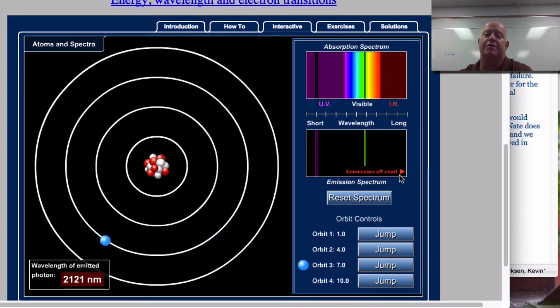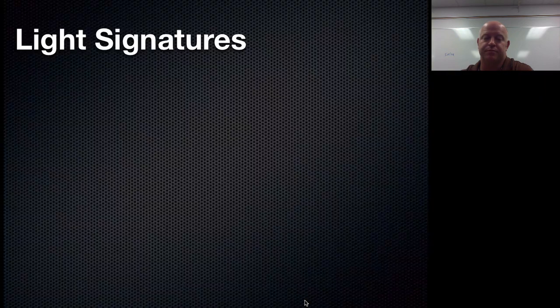This happens billions upon billions of times a second anytime you're giving an atom energy. Think of the lights inside your house, or the fluorescent lighting inside a school. This is what causes the light to come off of those things. Neon lighting and all those signs we see, it's the same deal. We're giving electrons extra energy, they jump up and they fall down and emit light back in color patterns that we can see.